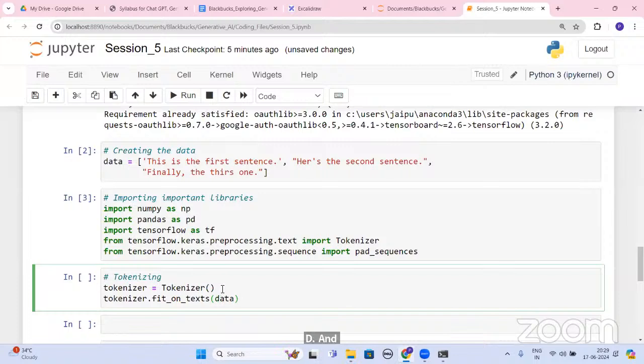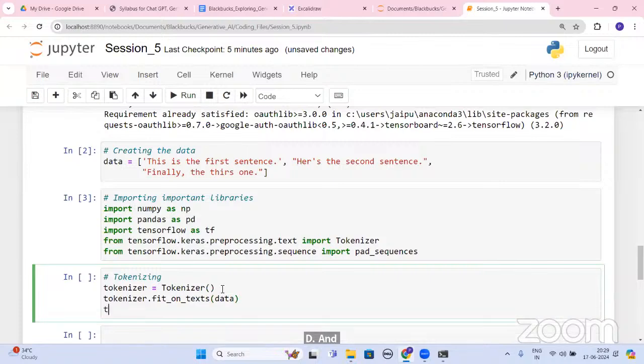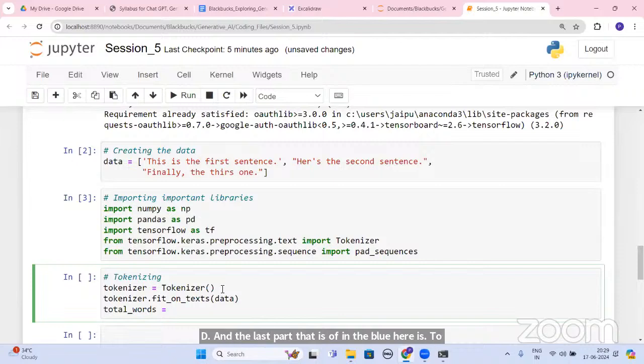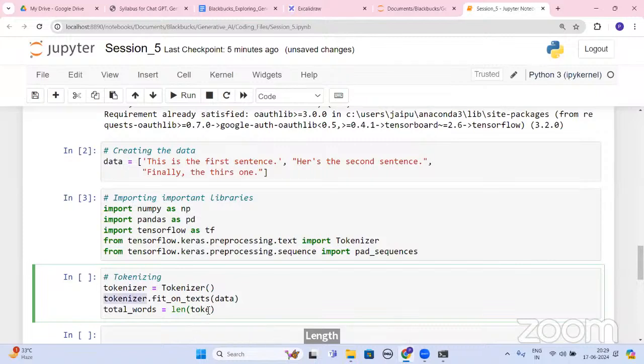And the last part that is available over here is total_words is equal to length of tokenizer.word_index plus one.